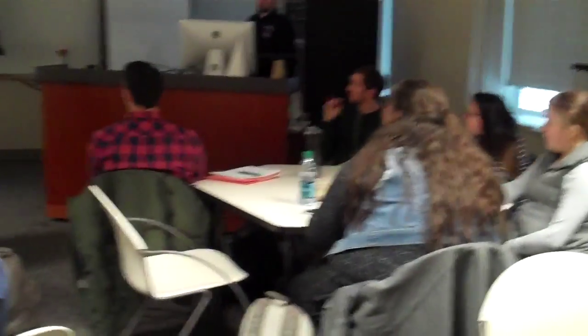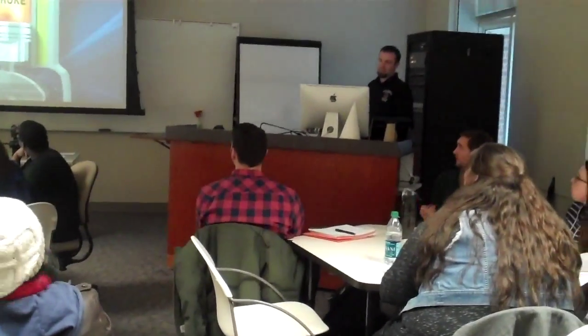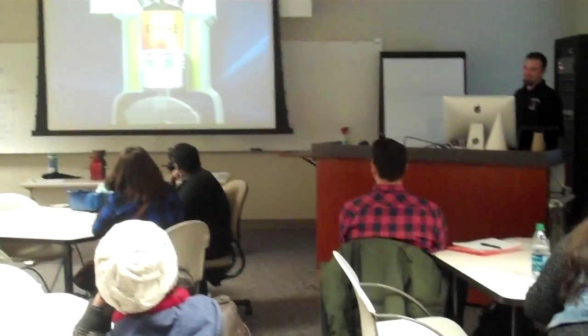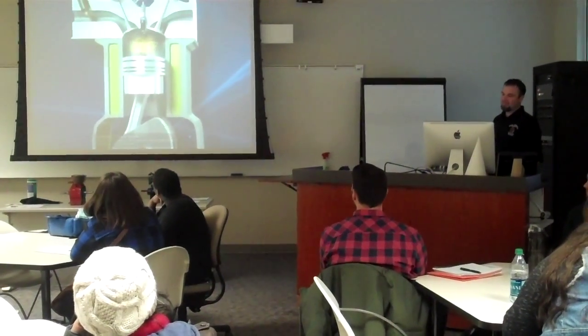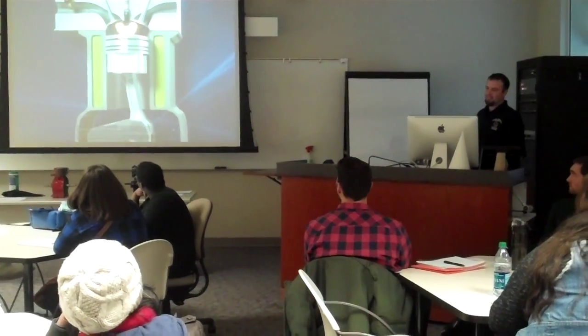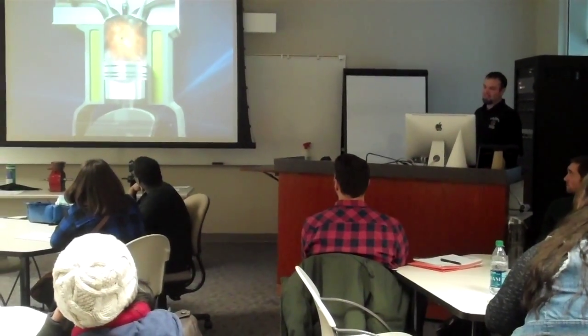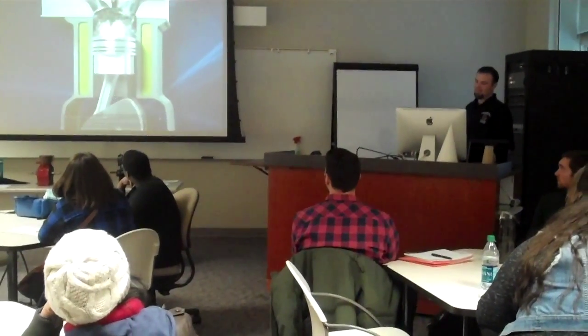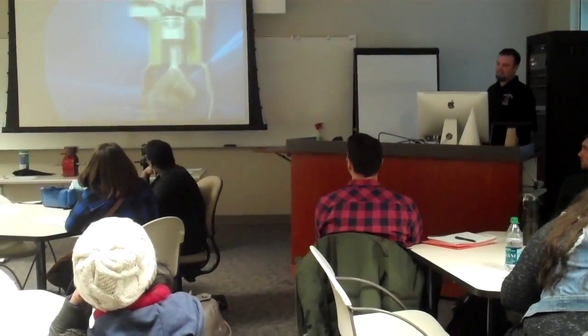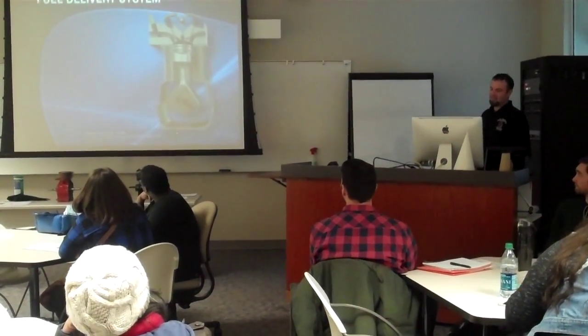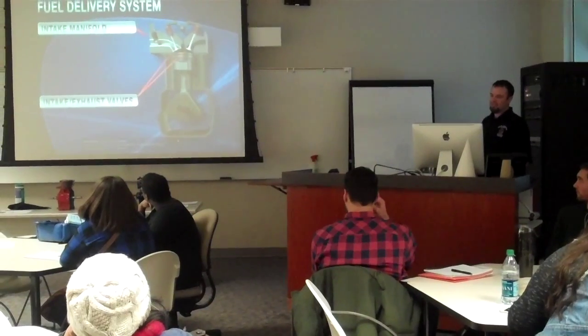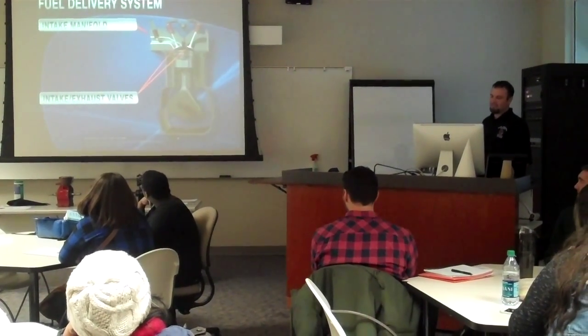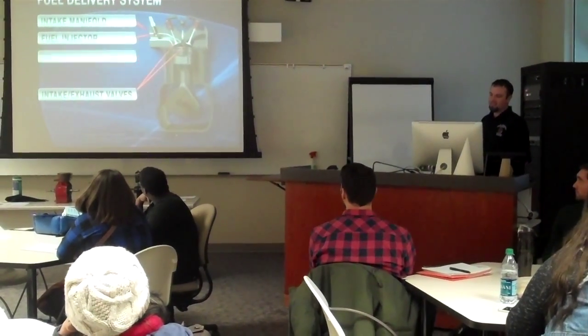The longer the stroke of the piston, the larger the displacement of gas and air occurs in the cylinder. To propel that piston, we need to ignite a tiny bit of gas and a whole lot of air. This creates expansion inside the cylinder. The fuel delivery system consists of an air intake manifold, valves, intake and exhaust, a fuel injector, and a spark